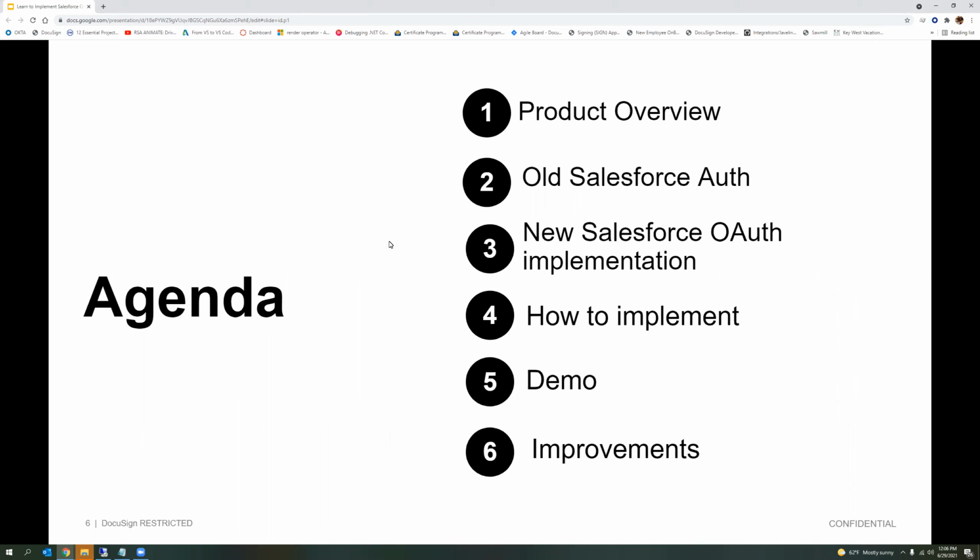So today's agenda is to give you a very quick overview of our products, no demos. And then we will talk about how the old method of authentication works and what the pitfalls are. And then the bulk of the talk will be what the new approach is that we are using, how it makes our and our customers' lives easier, and how, if you are building an app, you can benefit from what we have learned.